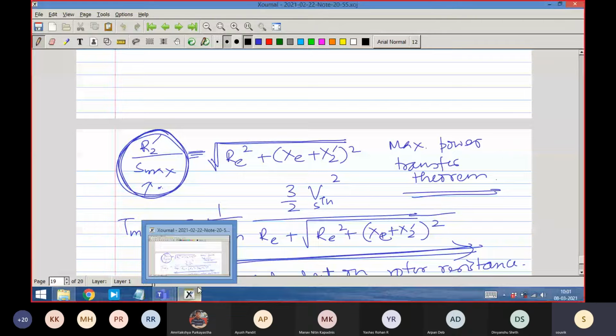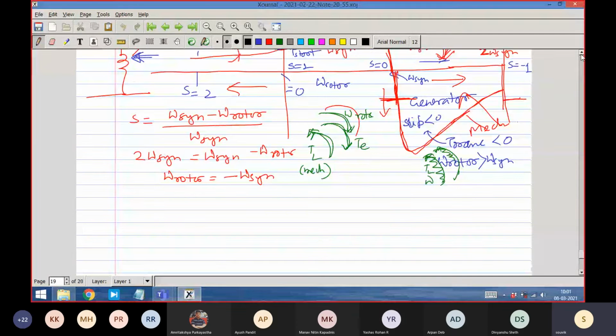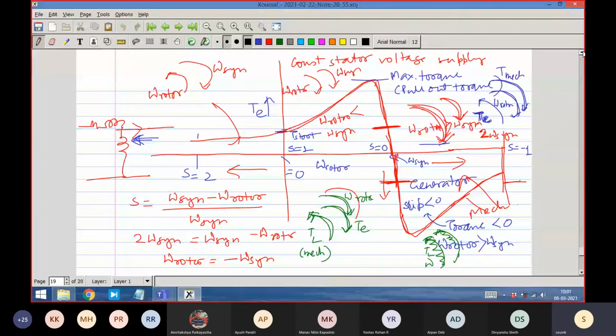Torque-speed pattern is an important way of looking at the induction machine in an effective, engineering way. As you know, the x-axis parameter is slip. In other words, it can also be called the rotor speed. This point is slip equal to 1, and this is slip equal to 0. The definition of slip is omega synchronous speed minus omega rotor speed, divided by omega synchronous speed.